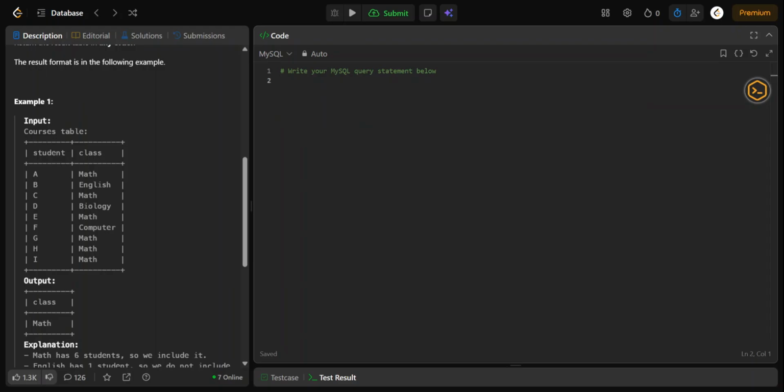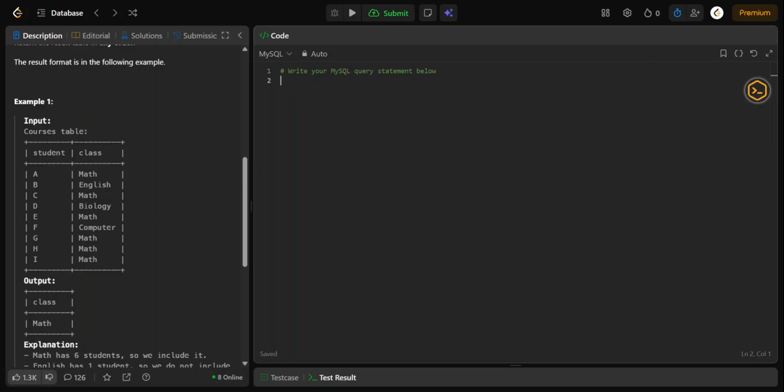So whenever you hear count the records inside the groups, think immediately of GROUP BY. This is the main thing that you need to understand here. Because we need to count the students for each class, we GROUP BY class. This creates a group for each of the different classes: math, English, biology, and computer.